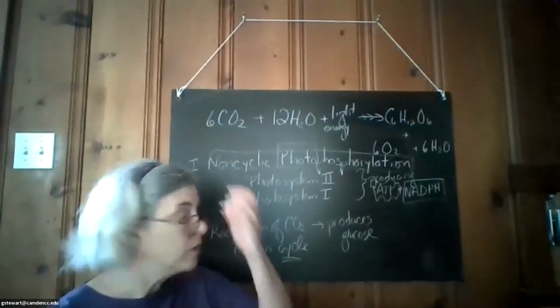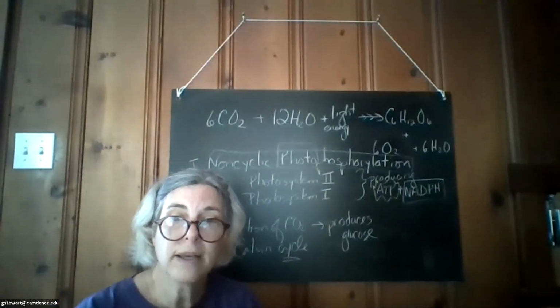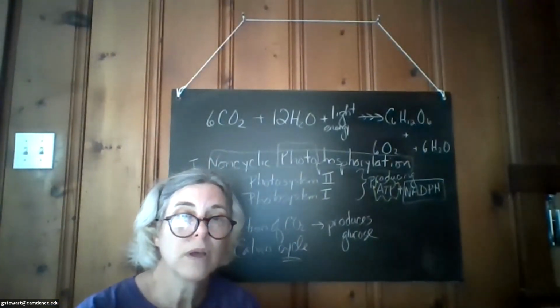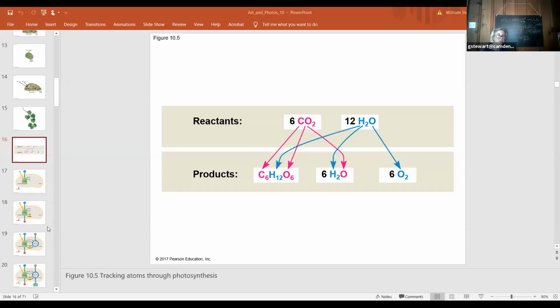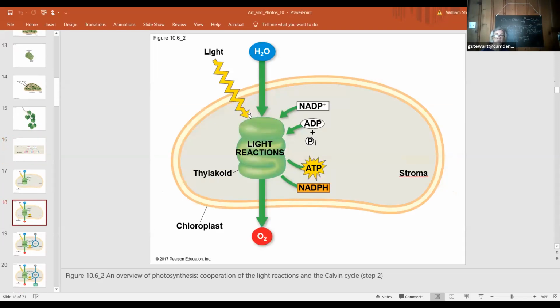Okay, so I think I'm going to go back to these pictures. So that's what this part of your book is trying to show you. They're trying to show you, okay, there's this portion, what we would call the light reactions or the non-cyclic photophosphorylation. And you can see it's happening in the thylakoid membrane inside the chloroplast. And they're showing you that ATP and NADPH are formed from this part. This is also where the water is actually split and oxygen is going to be produced and then released through